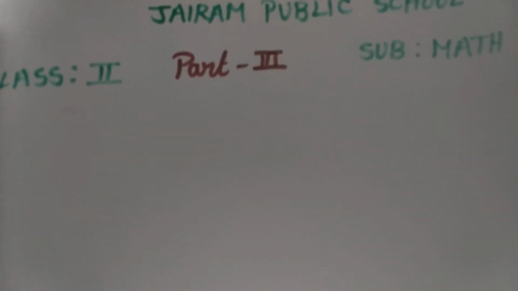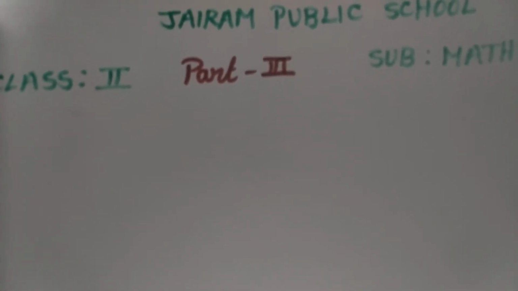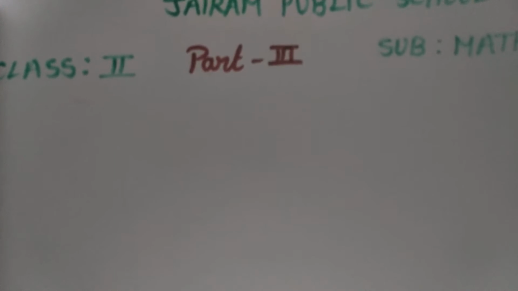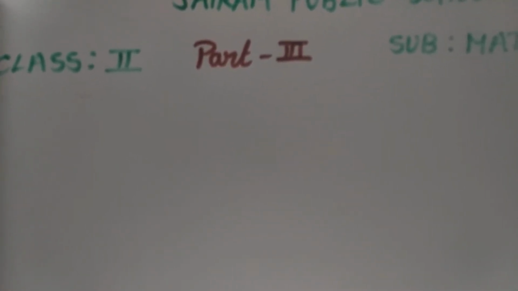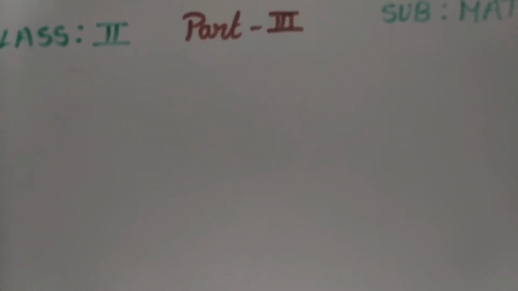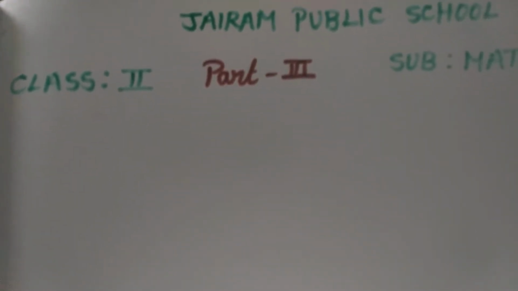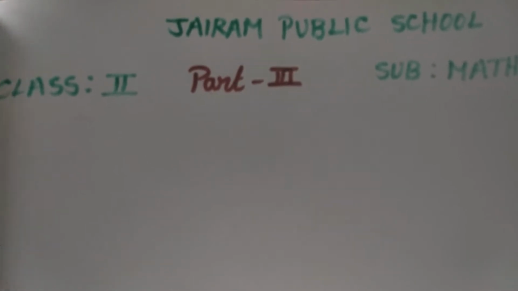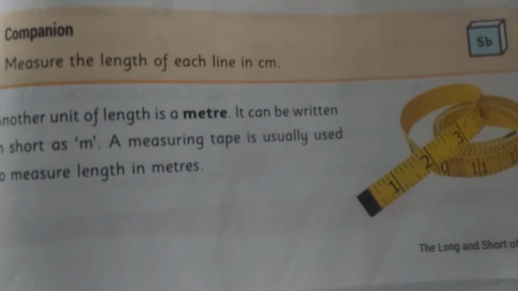So part 3, okay. We are going to learn measuring the objects. Already in 2 parts we have learned how to measure the objects using a ruler, isn't it? So we are using the standard unit, centimeter. Now everyone take your studio book, take a pencil along with you, page number 85.